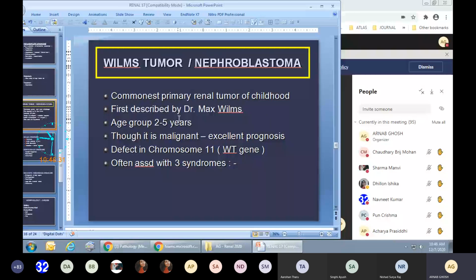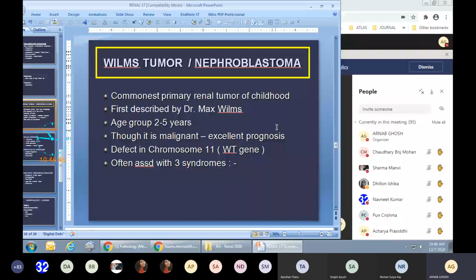Okay, before they go to school actually. Most is 2 to 5 years. It can happen till 10 years, but the most common age group is 2 to 5 years. And though it is malignant, the prognosis is excellent. And here we can see typical